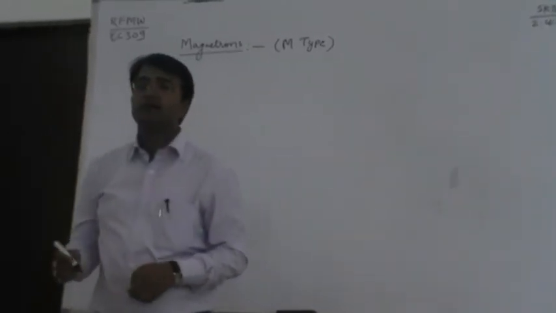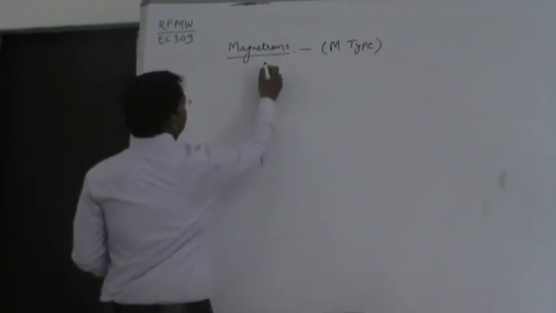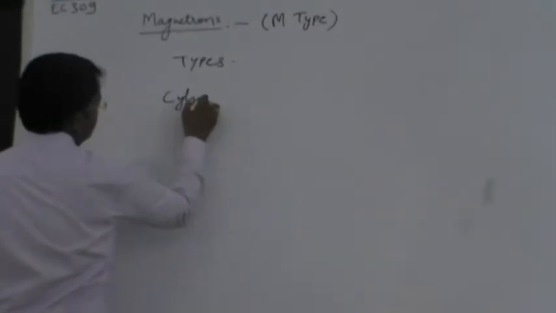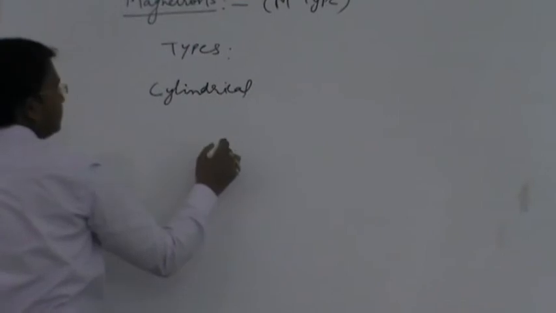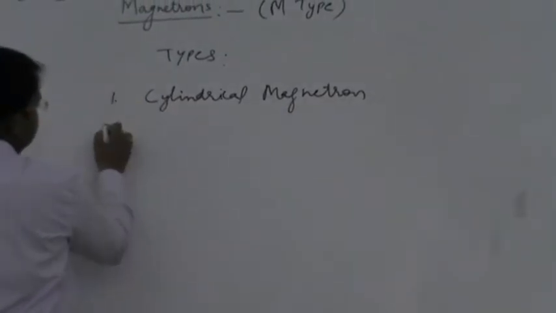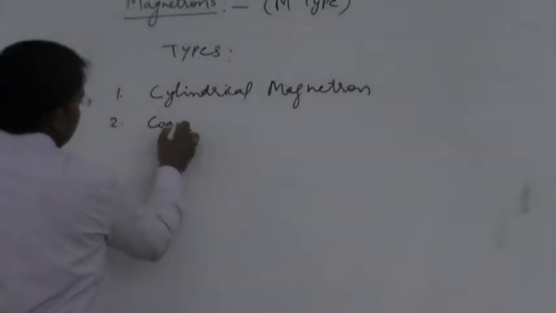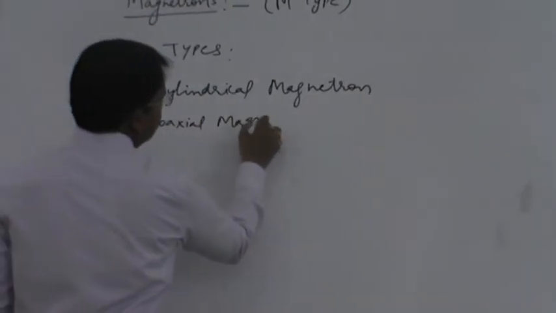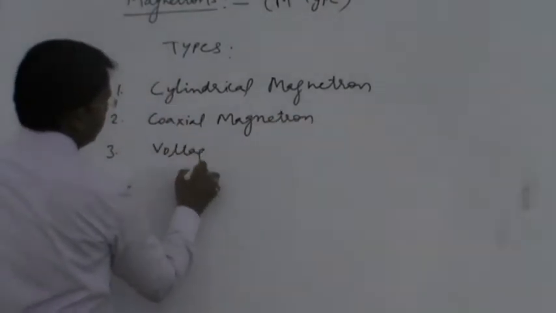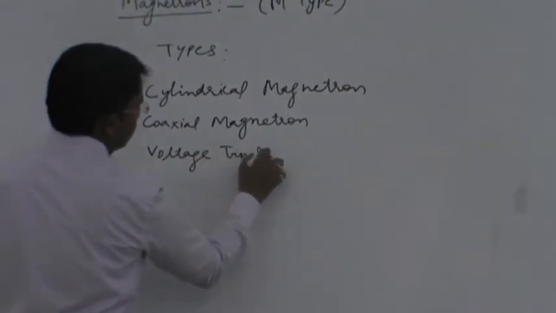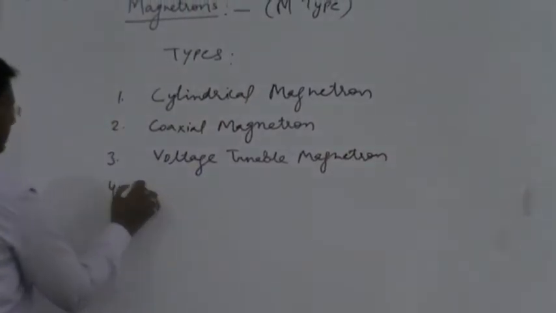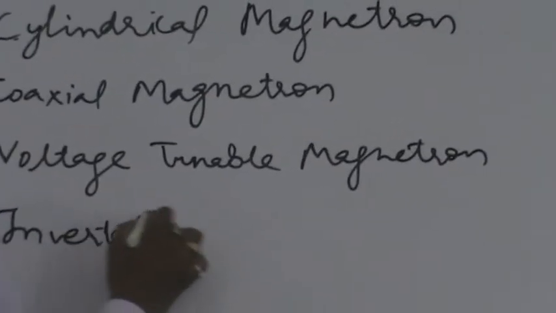The different types of magnetrons which are in use, based on the principle, are cylindrical magnetron, coaxial magnetron, voltage tunable magnetron, inverted magnetron,